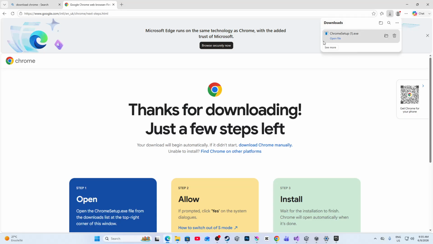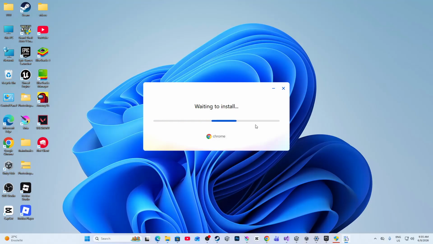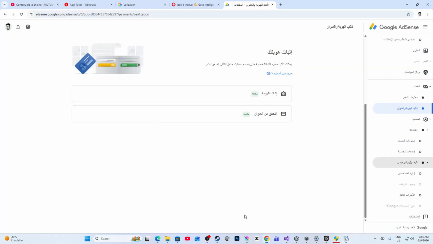Right now it's downloading. Click open file like this and click yes. And right now it's downloading. So just wait to install your Google Chrome, and then it's going to install correctly like what I have here,